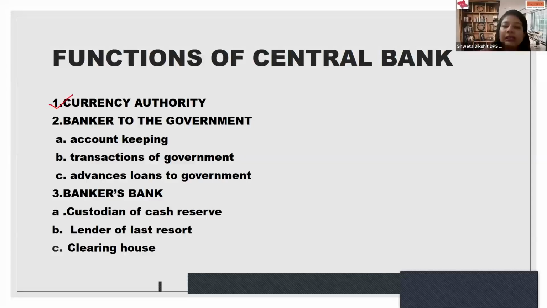Now, this can be a point. Sometimes you're asked to explain the authority of currency issue of the RBI or central bank. So you need to elaborate it. What all do you need to write? First of all, that only the RBI is allowed, with the system of minimum reserve. Why is only the RBI allowed? Just to maintain uniformity. And other than